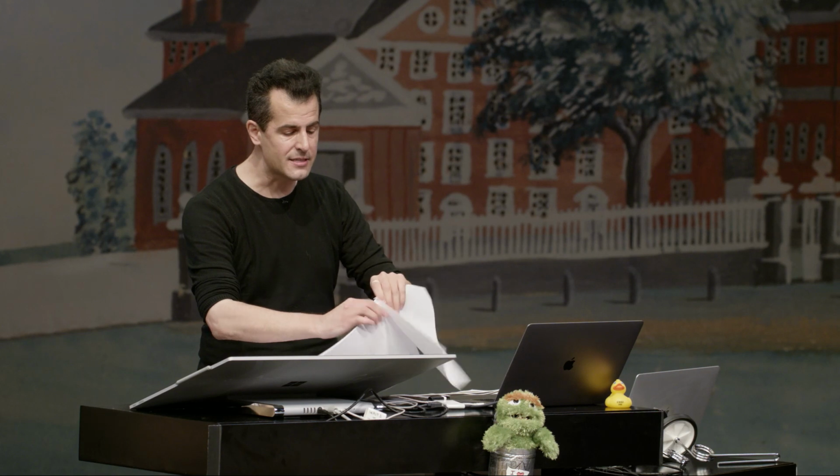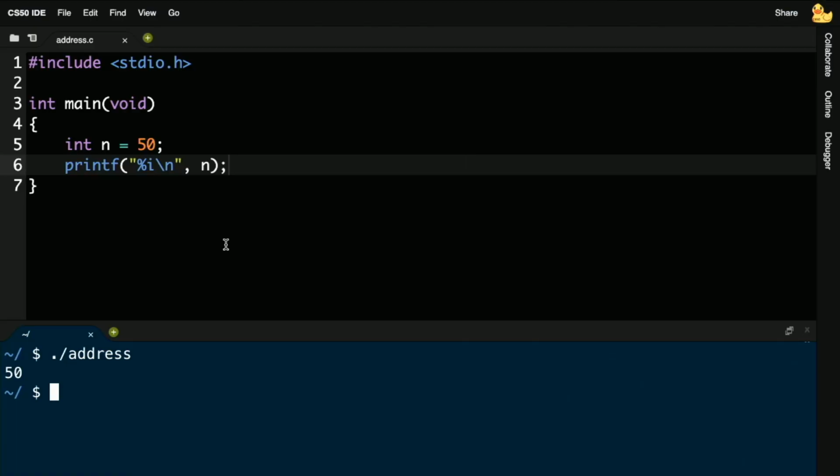So let me go ahead and modify this program and introduce a little bit of new syntax that will allow us to start poking around the inside of your computer's memory so we can actually see what's going on underneath. So I'm going to go ahead and change this program to do this instead. I'm going to say, you know what? Don't just print out the value n, which of course is 50. Let me see, just out of curiosity, what is the actual address of n? And to do that today, we're going to introduce one new piece of syntax, which happens to be this here.